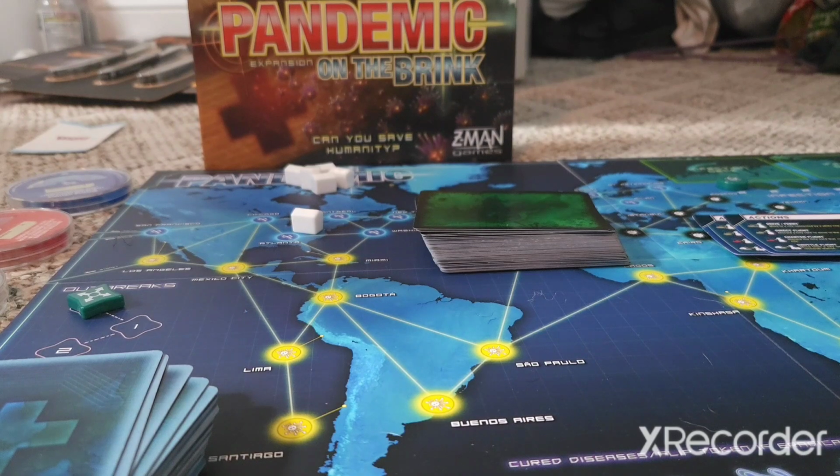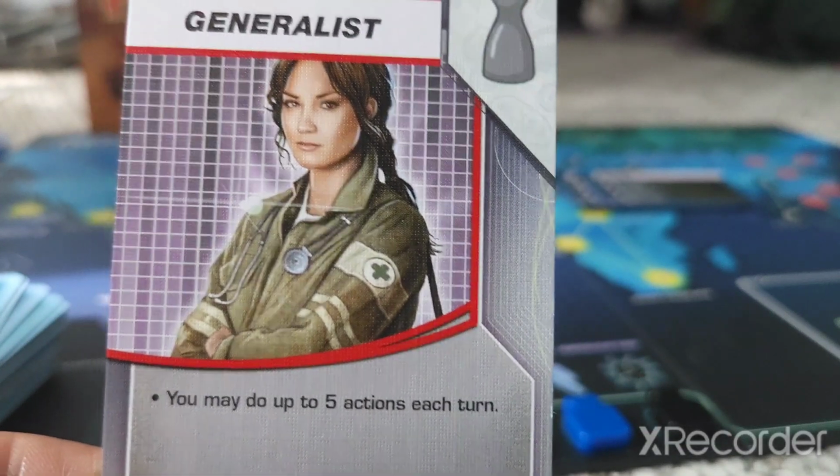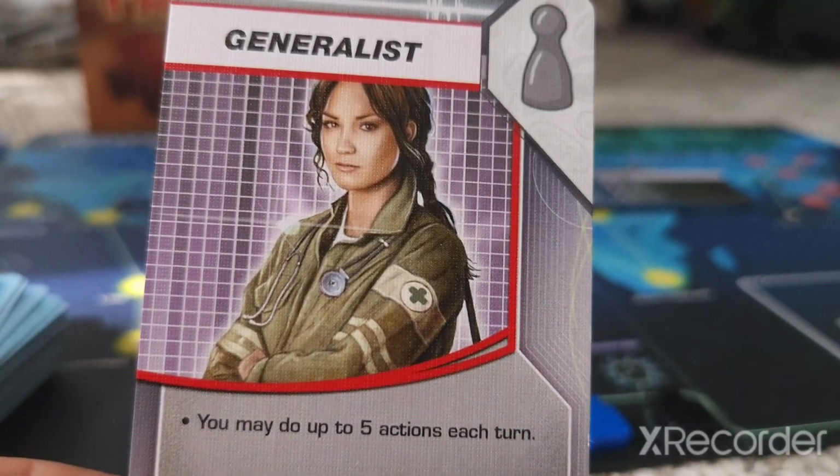I want to now get into the roles that may or may not be able to help you inside of On the Brink. And I'm only going to ever do this for the expansions because these exclusive characters are honestly really cool. The 6 new roles that are added to On the Brink, we first have the Generalist, which is going